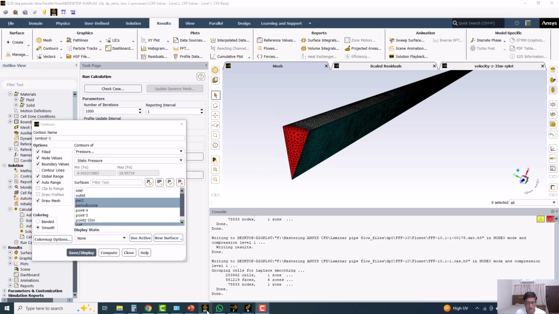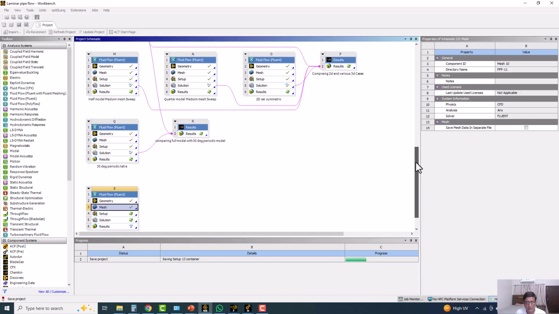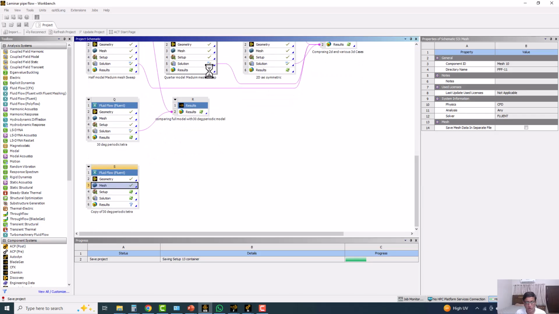And here I will be covering one more aspect of the laminar pipe flow, and that's actually important. Like we solved the two cases with the quarter model and half model, and we used the symmetric condition. Now the question is, what if I use the periodic condition? Periodic condition is used when we cannot represent the model